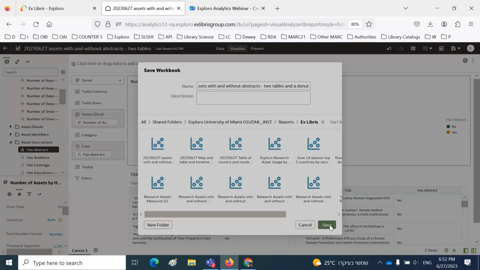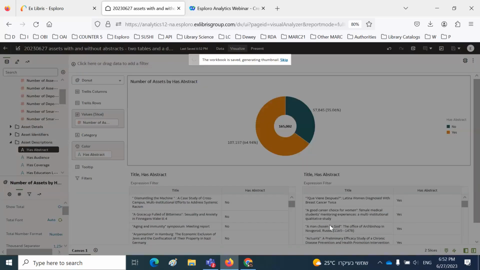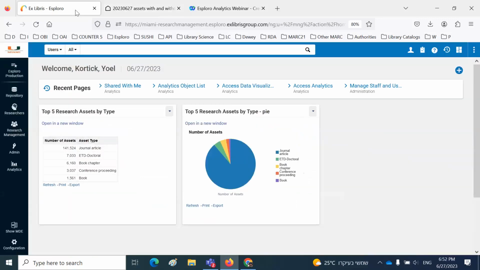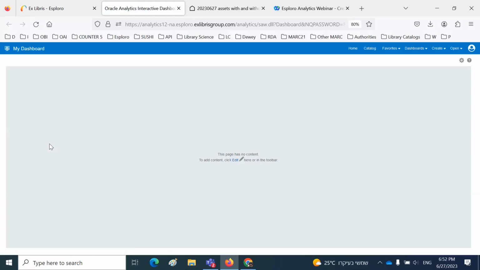Okay. Now, in the short amount of time we have left, let's see if someone wanted to do this in analytics, what would they do? So we're back in Alma, we'll say access analytics. So now instead of going into the data visualization, we're going into analytics. Now at this stage, people often ask, what's the difference? Why would I use one and not the other? It's really